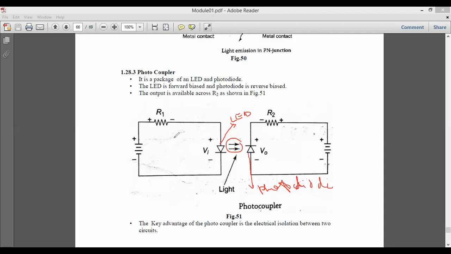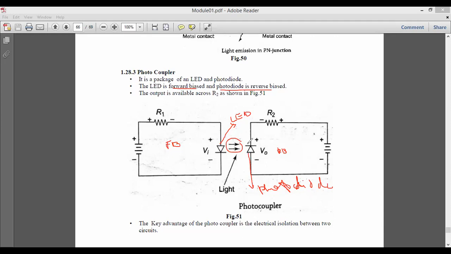So what is a photocoupler? It's a combination of an LED and a photodiode. We can also call it a package of LED and photodiode. The LED is operated under forward bias, but the photodiode is operated under reverse bias. It means that for forward bias, the LED will turn on and emit light.